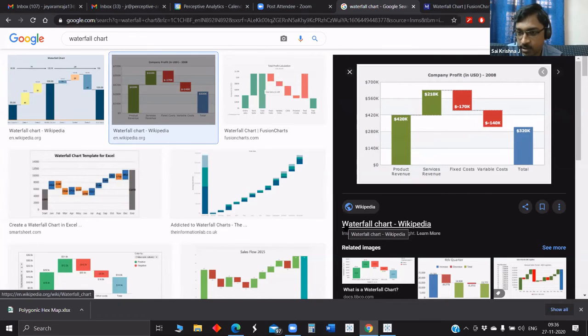That's what the reduction comes in as, in the form of costs, right? Costs are of two types: fixed costs and variable costs. So basically, when you calculate the profit from the revenue, you have the total revenue from which you subtract the total costs. So that's what they have done here. You have a total revenue constituting the products revenue plus services revenue, and the $320,000 is the profit. The difference between 420 plus 210, which is 630, and the 320 is being shown as two types or two reasons for the difference: fixed costs and variable costs. That's why they have reduced the costs from the revenue.